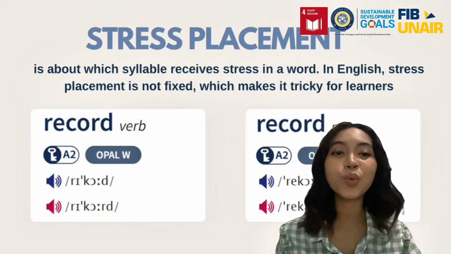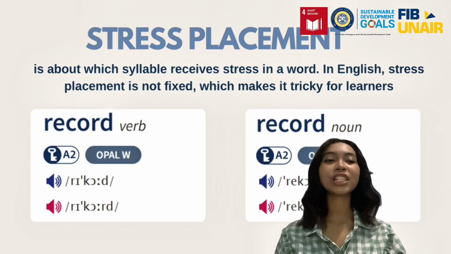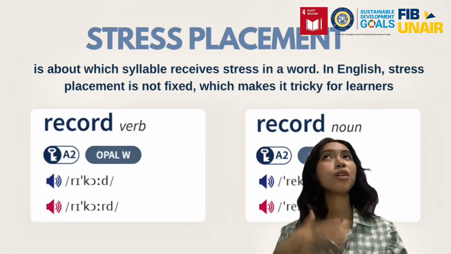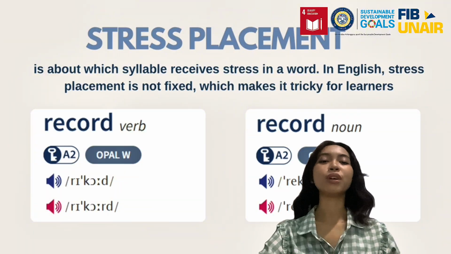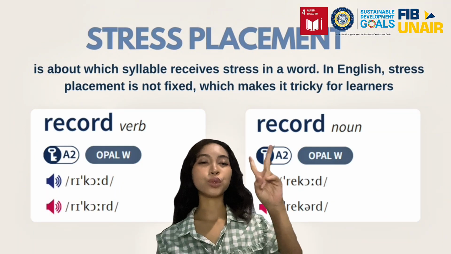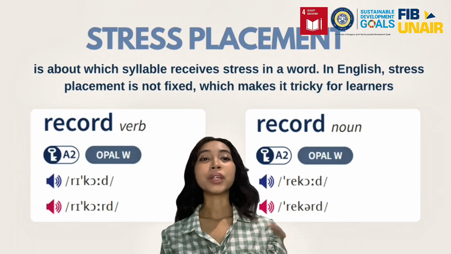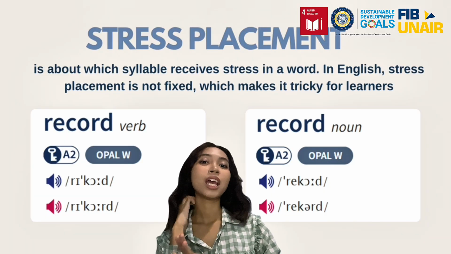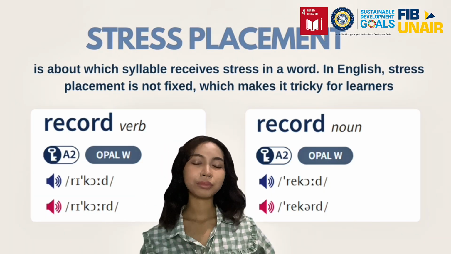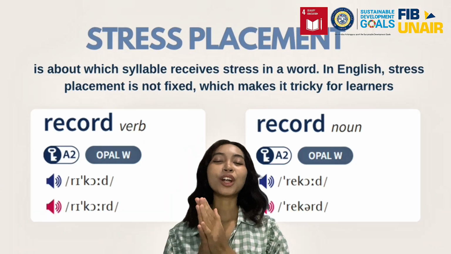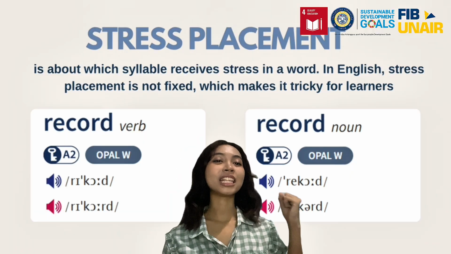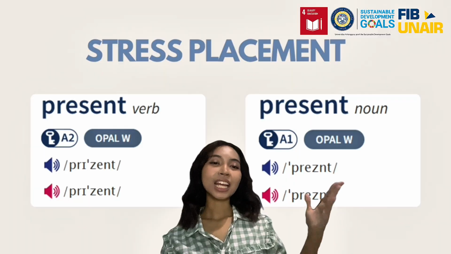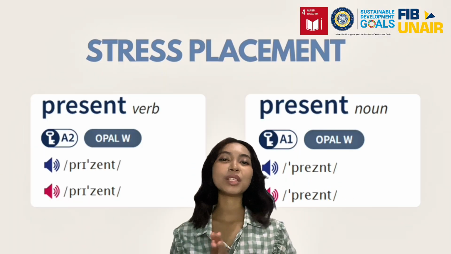Stress placement refers to where the stress occurs within a word. In English, stress placement is not fixed and can vary depending on the word. Well, for example, I give you two examples. First one is, there are two of the same word but with different stress placement. This one is a verb and the second one is a noun. You see that the stress placement, the verb is on the second syllable and the noun is on the first syllable. Same with this, present and present. Stress placement can